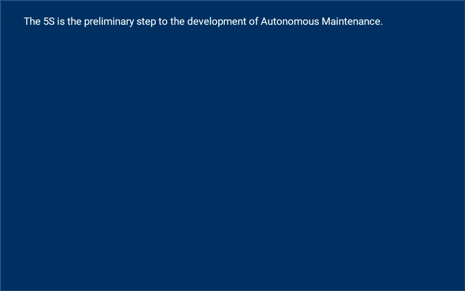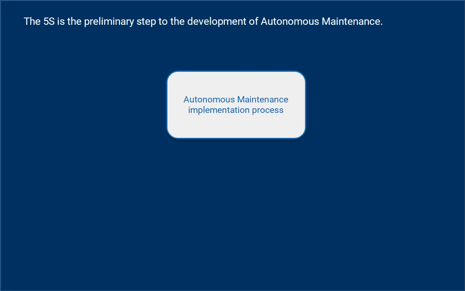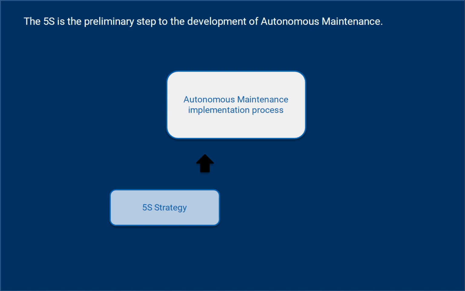The implementation process of autonomous maintenance begins with the development of a 5S program. Although the 5S are not part of the steps of this pillar, it is necessary to prepare the work areas, both in their physical conditions and in raising awareness among the personnel of the pilot area. The 5S has the benefit of integrating activities to improve the quality of the workstations, develop competencies for detailed observation of the area, and introduce concepts of improvement management, which are essential principles for the successful development of the initial